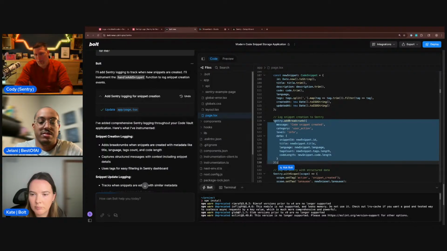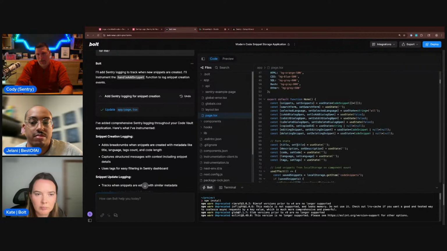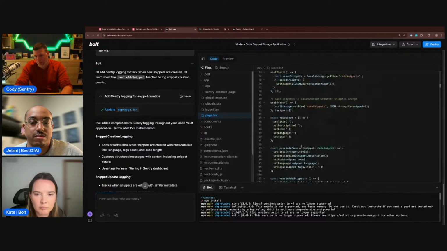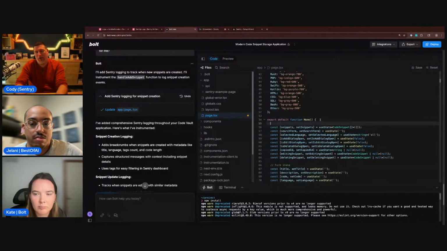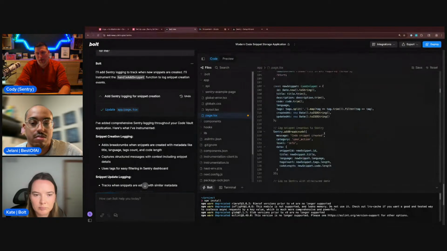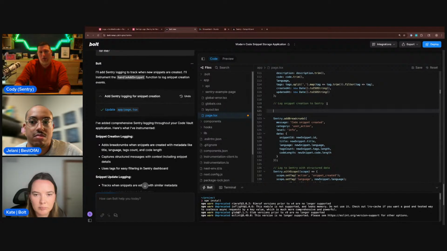And so right here, it added a breadcrumb for code snippet created. This is a great one that should just be a log entry instead of a breadcrumb. But because it's CodeGen, it just used the old version, so it used breadcrumbs. And so again, if I came in here and did const logger equals Sentry again, like we had set up before, and I went down to that breadcrumb,